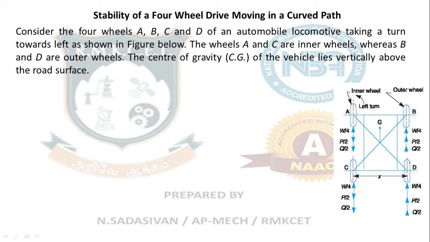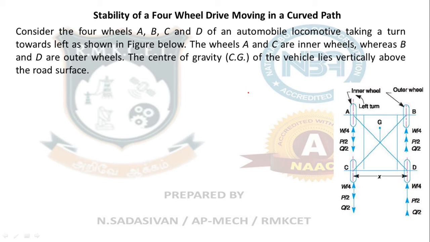The wheels A and C are the inner wheels. When I am taking a turn towards the left, these two wheels are on the inside of the curve, and they will travel a lesser distance. These two wheels are on the outside, and they will travel a greater distance. It's a single car, but if you see the length of the arc, the inner wheels are traveling a smaller distance and the outer wheels a larger distance. We don't worry about the distances here; we will study that in automobile engineering. Just to give you a small idea, let us say this is tracing a circle and this is tracing a circle. Definitely the outer circle will be larger than the inner circle. So please understand inner wheel and outer wheel: A and C are the inner wheels, B and D are the outer wheels.